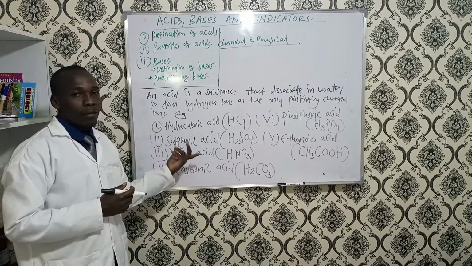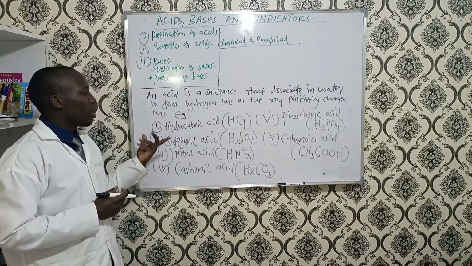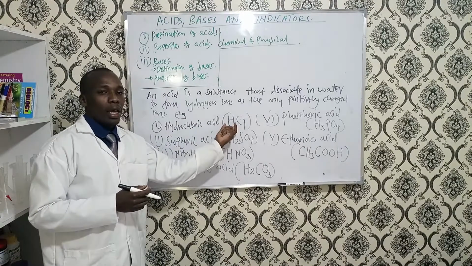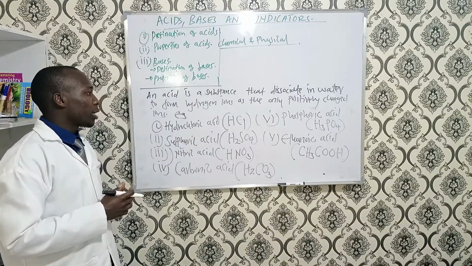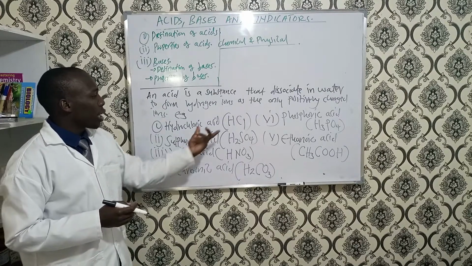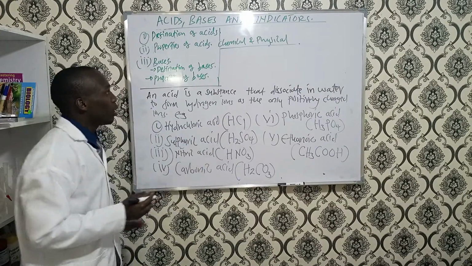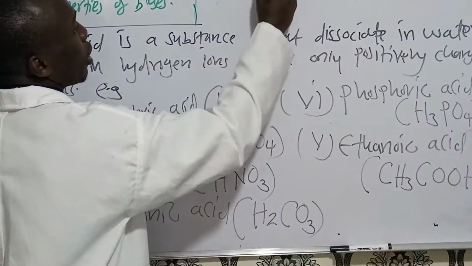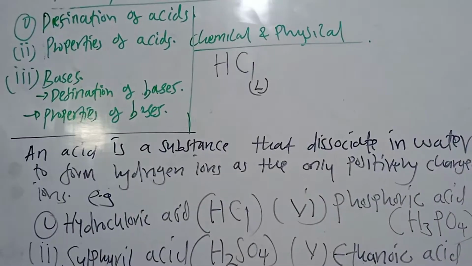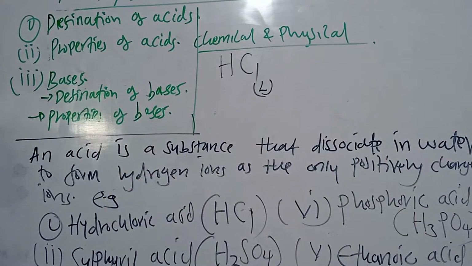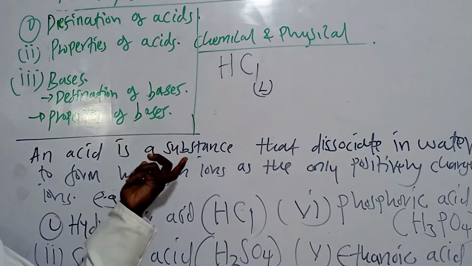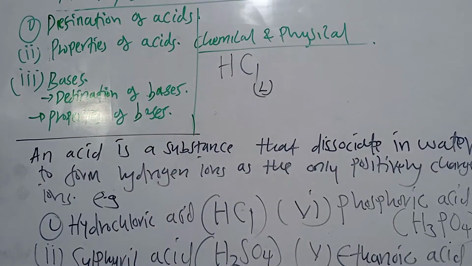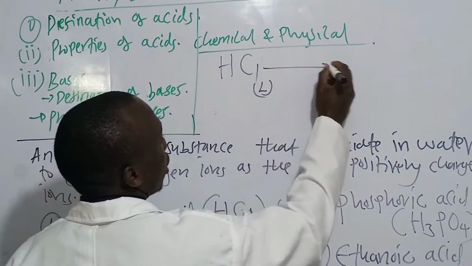And the reason why they have acidic properties is because when you dissolve them in water, they dissociate to give hydrogen ions as the only positively charged ions. We'll take an example of HCl. HCl is normally in concentrated state before you dissolve it in water. So it is normally in liquid state. And in liquid state, HCl has hydrochloric acid, that is HCl molecules. And the moment you dissolve this in water,